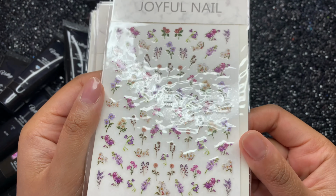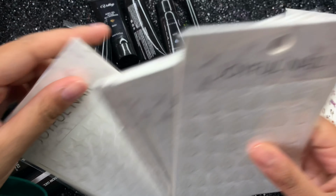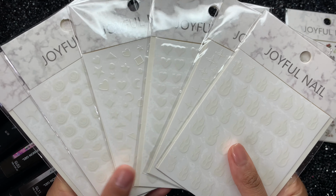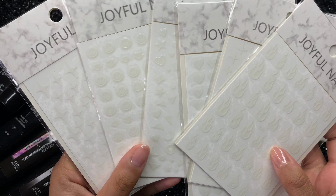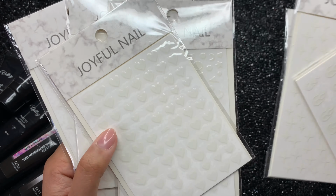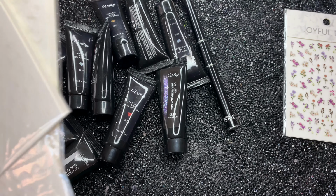You then get some floral decals, and I did request these glow-in-the-dark stickers as well, which they've kindly thrown in there. And I was really excited to see that they put in the flame stickers, because I'm really late to this, but I have not used flame stickers before. So yeah, I was just really happy to see that they had these in here, and I'm definitely using those in this video. And as you can see, I've already used the star ones as well, actually, over on my